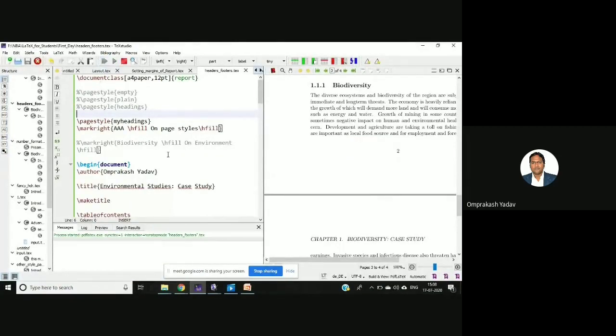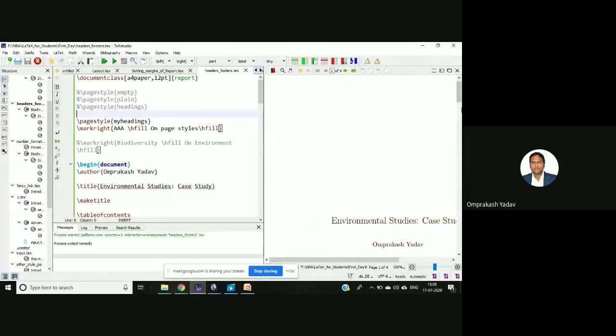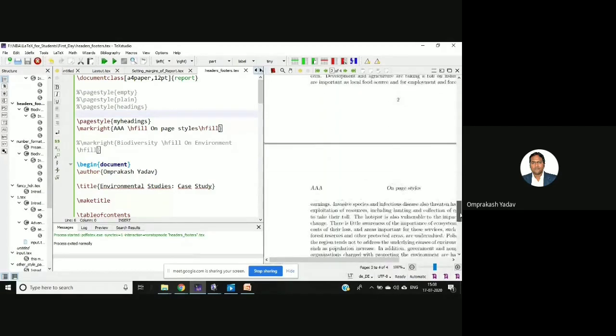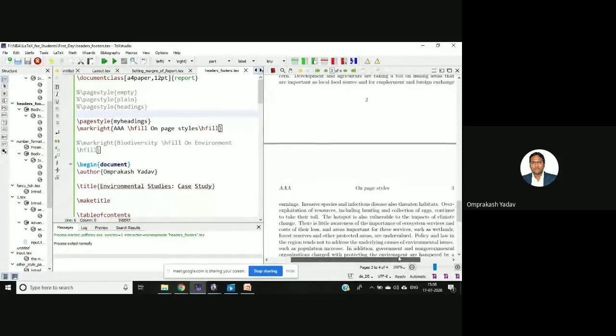I'll run this. See from the third page, sorry, where the chapter number is not there, chapter is not there, right? So this A I have given, right? This is my user supplied information.